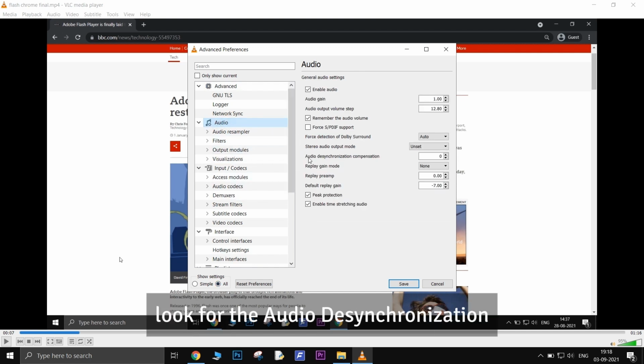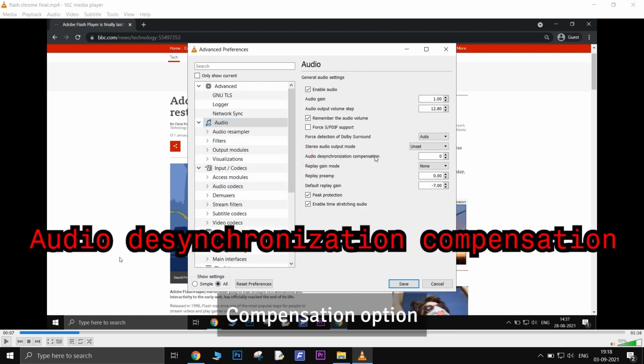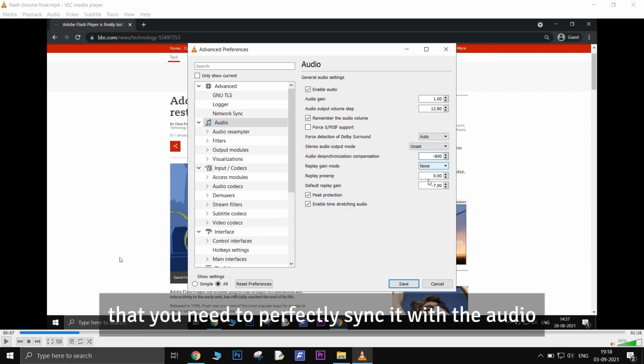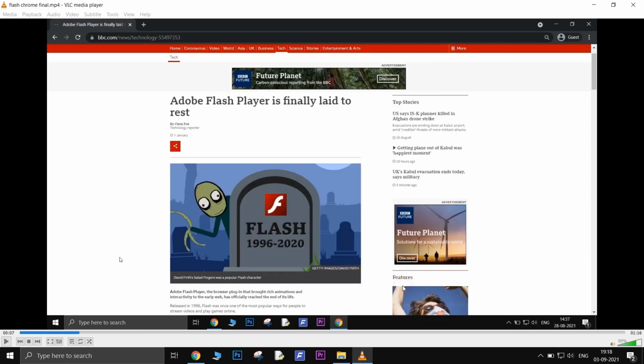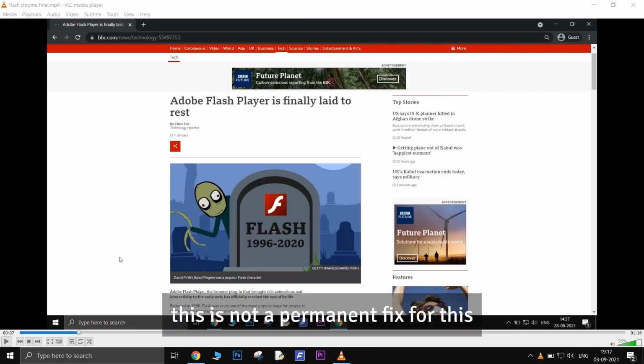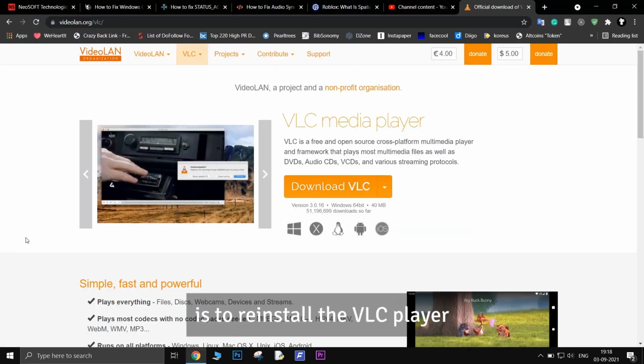Now look for the Audio Desynchronization Compensation option. And there, input the audio delay that you need to perfectly sync it with the video. This is not a permanent fix for this, but it does the work perfectly. Another thing you can try is to reinstall the VLC player from the official website and see